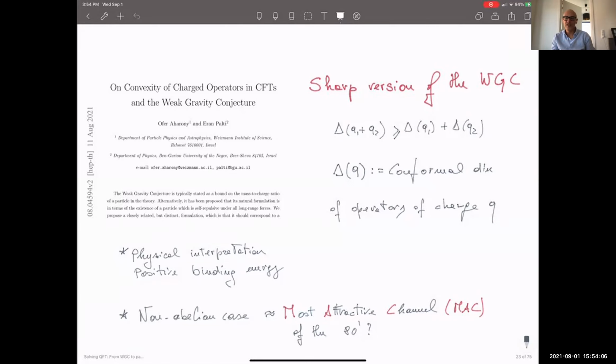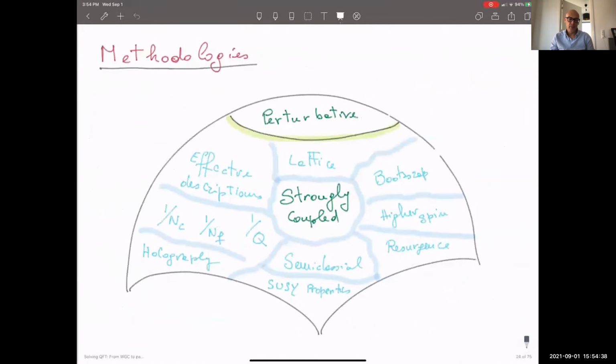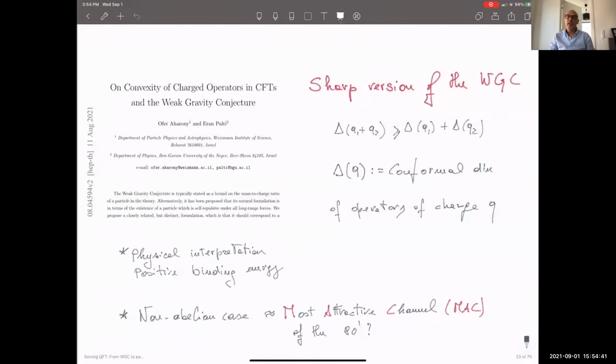And we want, for this inequality to hold, indeed the non-attractive channels. So the symmetric representations are the natural candidates for non-attractive channels, because that was the naive expectation, which was confirmed from one gluon exchange a long time ago. It has to do with the group structure of the theory. So I have to say, this is something that I don't think was in the paper by Ofer and Aaron, but it did remind me of that. And one can discuss whether it's usable or not. All of this to say that